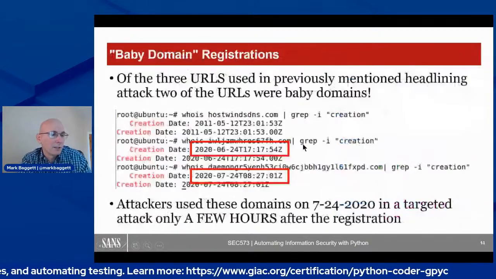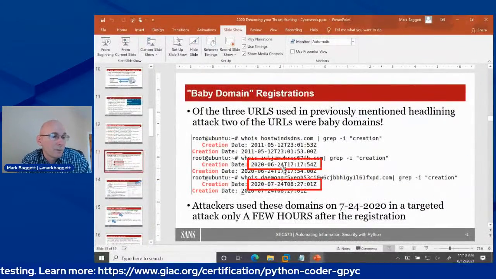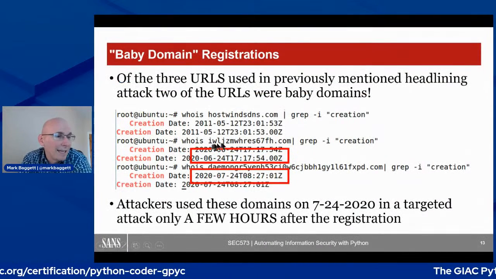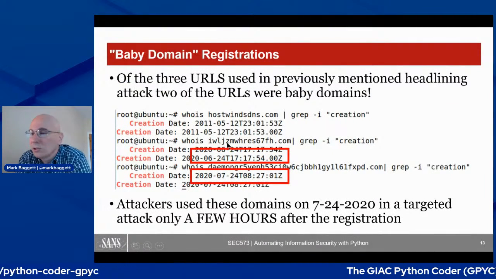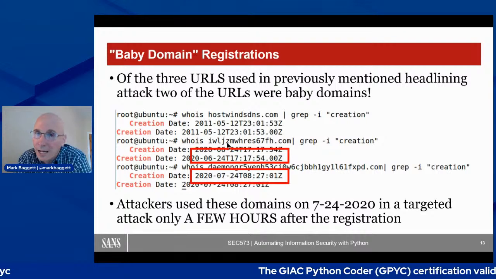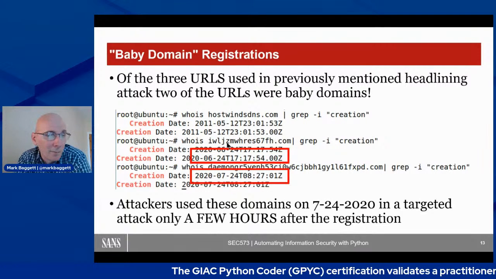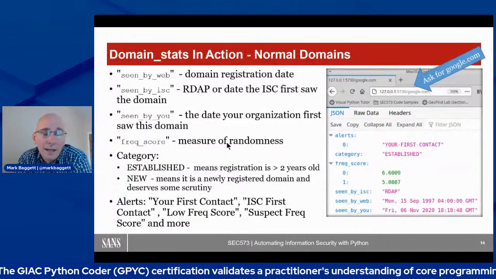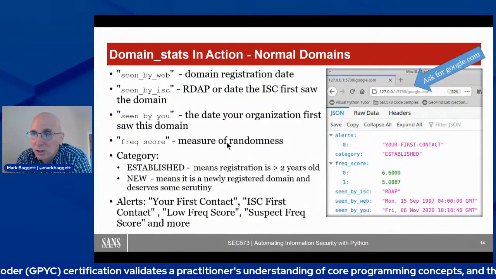Let me just do this and see if I can remove that slide in. Yeah, so we can see that host name. This IWJZ, that's also a host name that is not going to be used by any legitimate domain. So that's something else we can look at, and it is something else that domain stats looks at when you